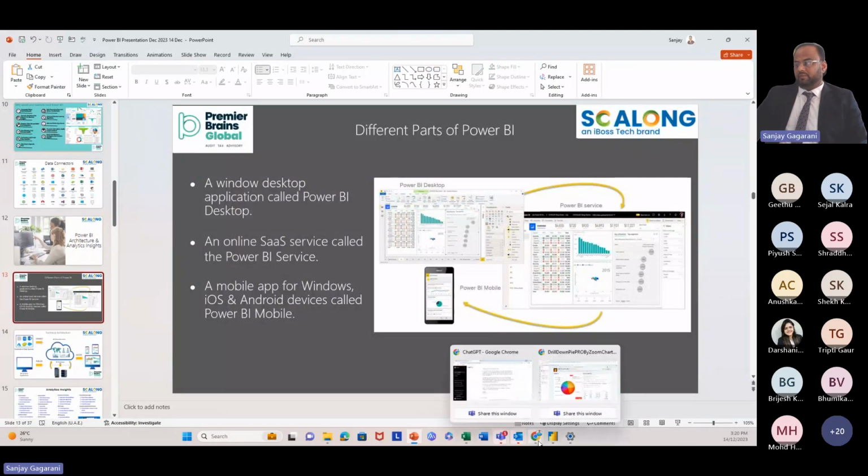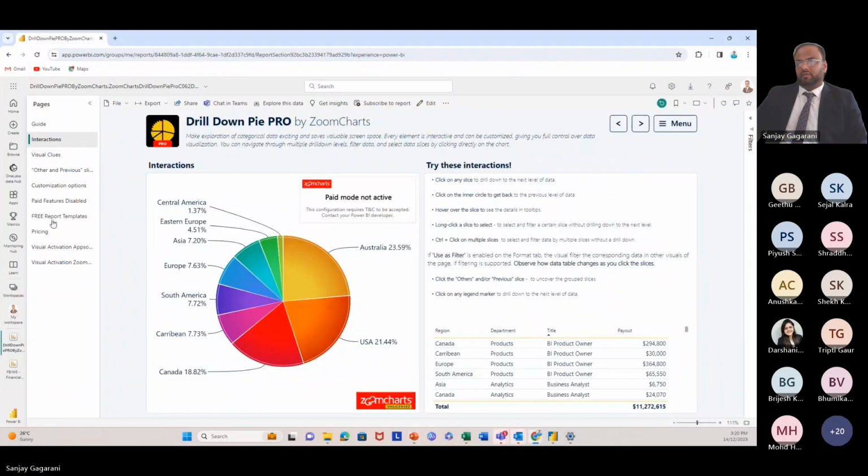Now, I will take you through the Power BI app version, just to reflect what the use of Power BI is here. I hope you can see the chart here, which we can call a donut chart or pie chart, which reflects the human resource cost across the world. Where my data is given, Australia is around 23.59% of my total payroll cost. In terms of value, the total cost is around 11 million.